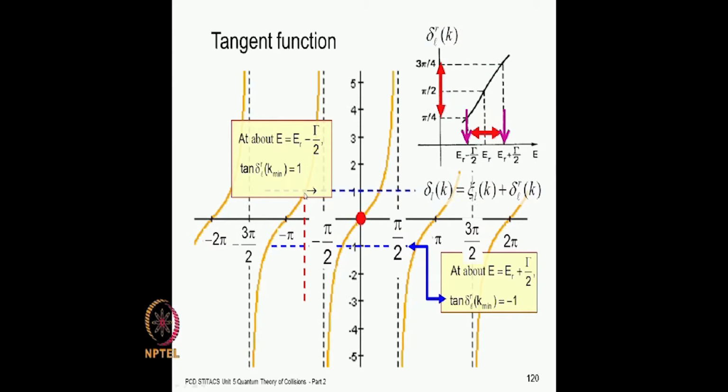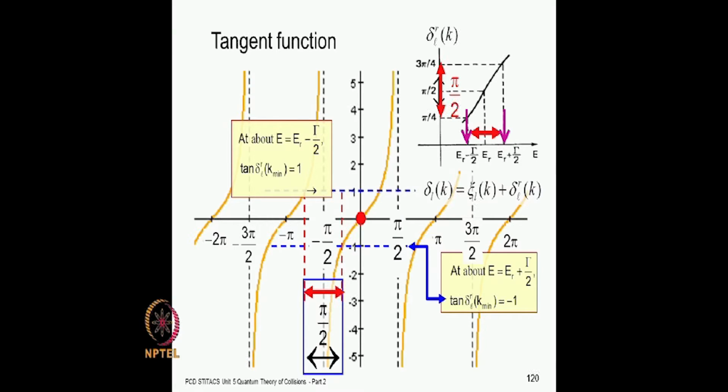So this is where it has got a value 1, and if you go to pi by 2 angle above it, because from here to here, as you go to the point where the energy becomes half gamma above the resonance energy, right? So at this energy, the phase shift would have changed from here to pi by 2. So you take a step pi by 2 to the right and you come to this point. This is where you have the -1,